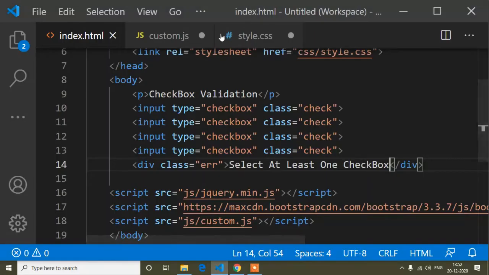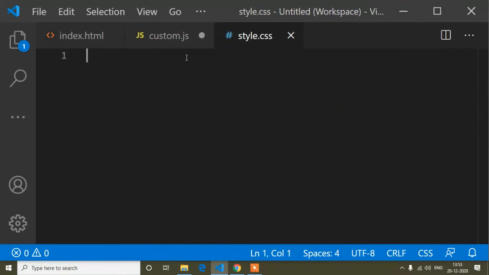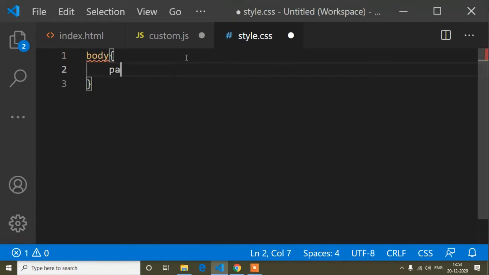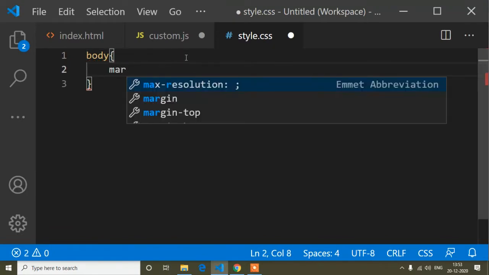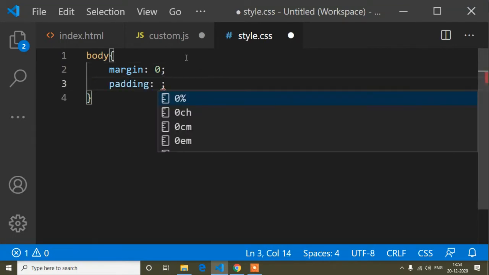If I refresh it once, now you can see checkbox validation and 4 checkboxes, and here is the error: select at least one checkbox. Now I will add some CSS. In the CSS, I will write body, and for the body, margin is 0, and padding I will add 20 pixels.